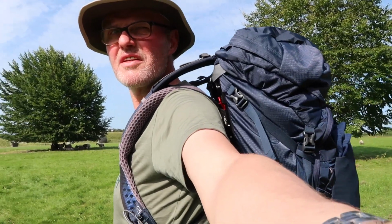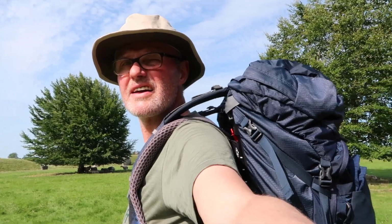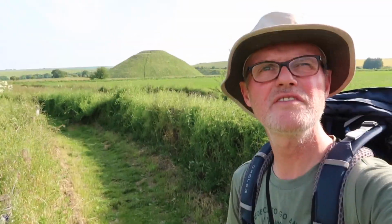I'm usually used to bike packing, where most of the weight is on the bike, although it's heavy enough to pedal the bike. But this time I've got everything on the backpack. Exactly. Let's go. Well, I'm within half a mile of Avebury, and already the crowds have disappeared, and it's an